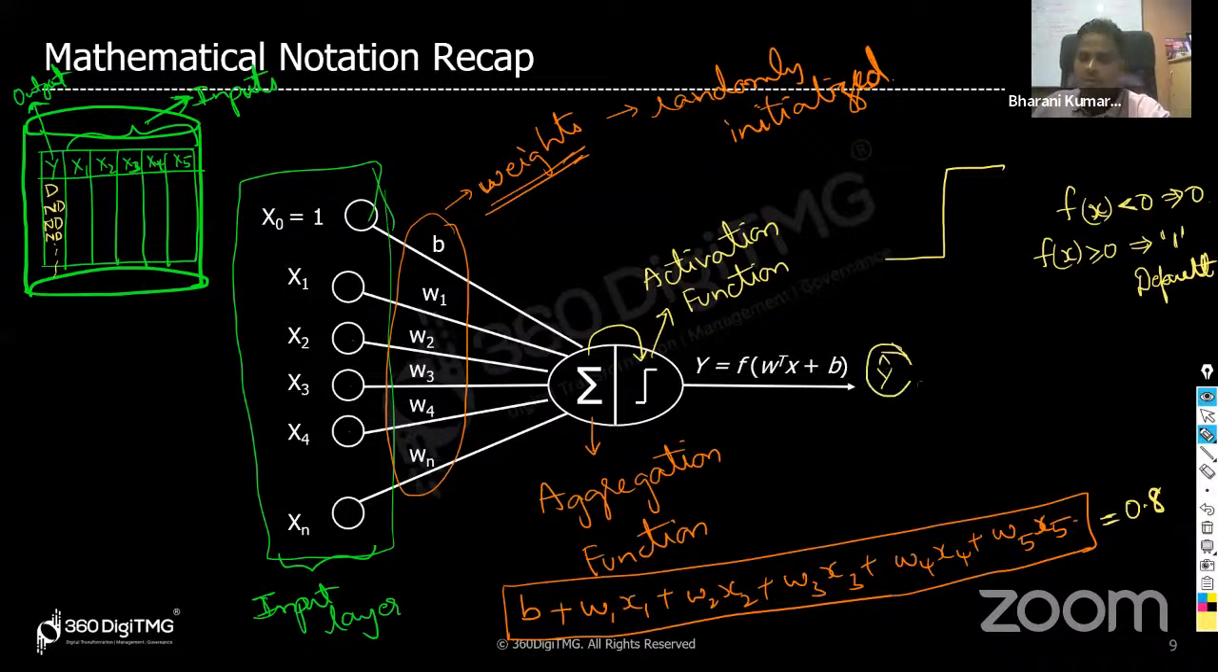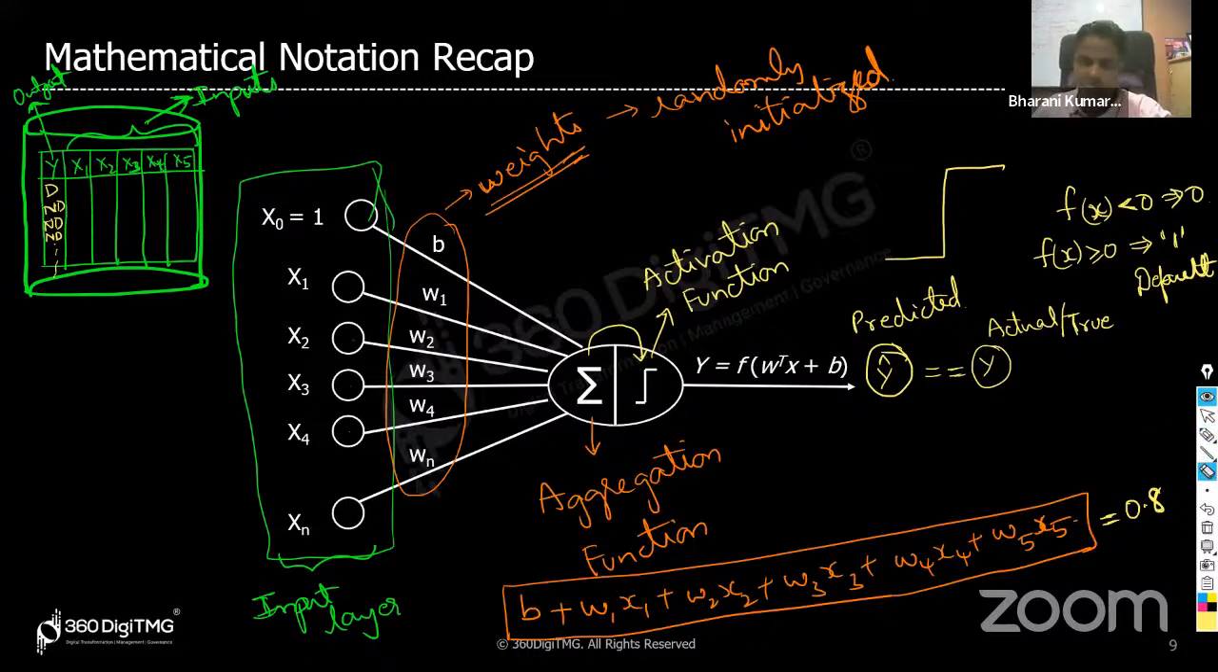Sorry, this is the predicted value. I'll take back that word. Now you need to compare whether the predicted value is similar to your actual value or not. And the actual value is also called the true value. So what you do is,